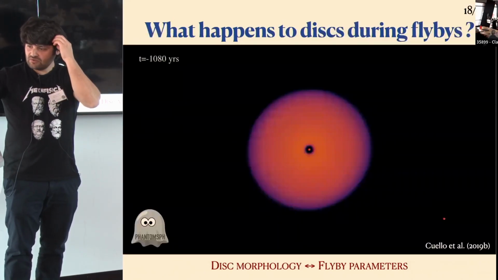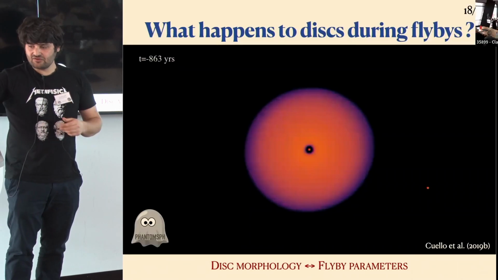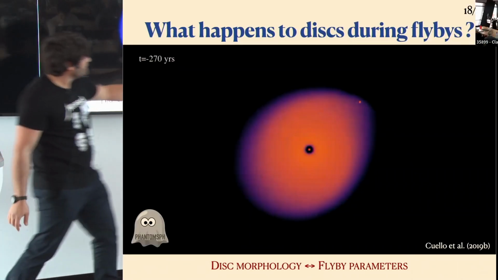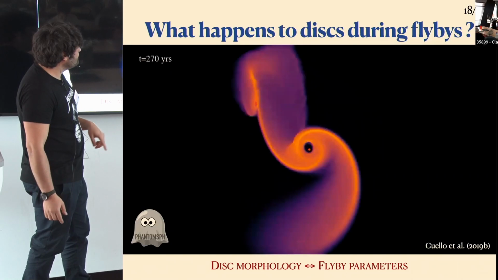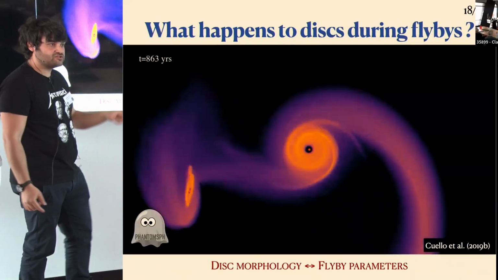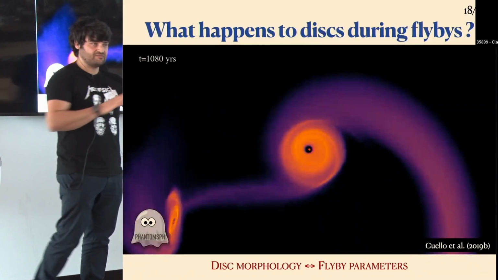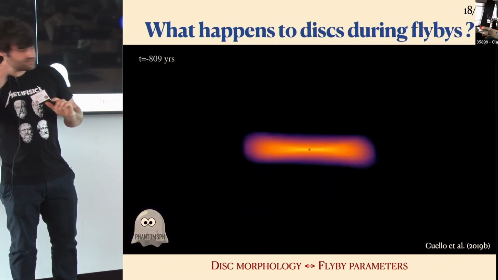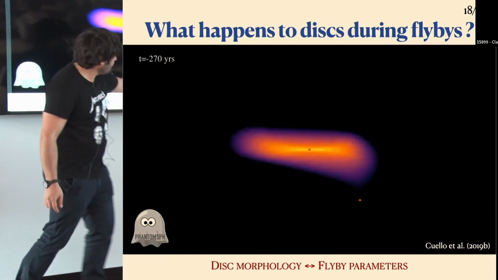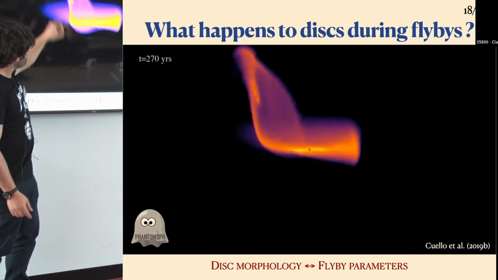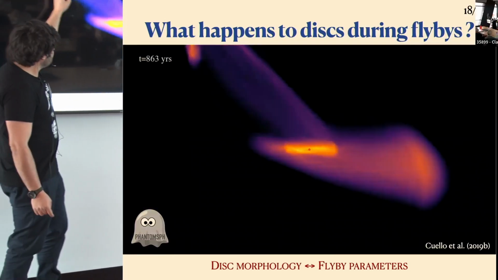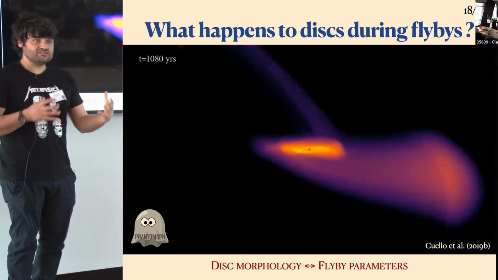All right, so now I will touch very briefly on flybys. Eli already talked to you about flybys. It's what happens when you have two stars encountering. This one is on a parabolic orbit, so it will encounter this disk only once. This is what you see from a face-on view, but you can look at this from an edge-on view again, and then you see that the fact that it's non-coplanar leads to these kinds of spirals and bridges in between the stars.